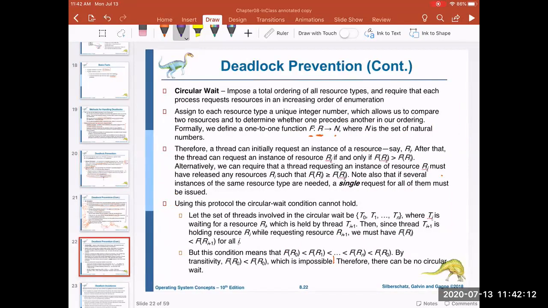Then we started the discussion about the circular wait. Circular wait is the condition where one process is waiting for a resource which is held by another process, as we discussed previously. So what would happen? Let me draw here somewhere. We discussed that R1 is acquired by P1